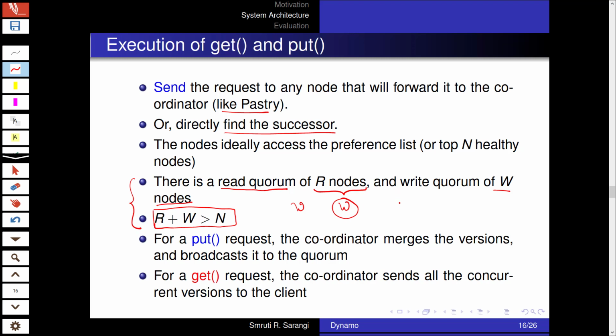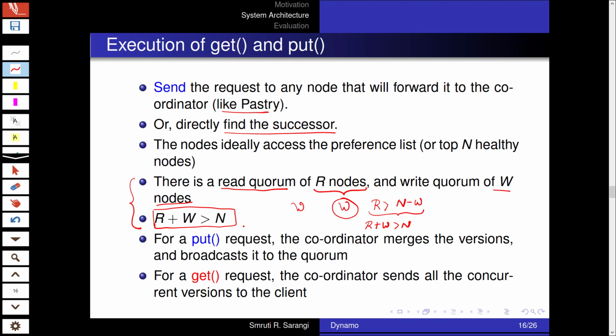I will miss the update only when I reach only the other nodes, which is N minus W. But if R is greater than N minus W, then it automatically means that in my read quorum there is at least one server which is also in the write quorum, and since I'm reading from it, I'm guaranteed to get the most up-to-date version of the data. So given R is greater than N minus W, we can infer R plus W is greater than N.